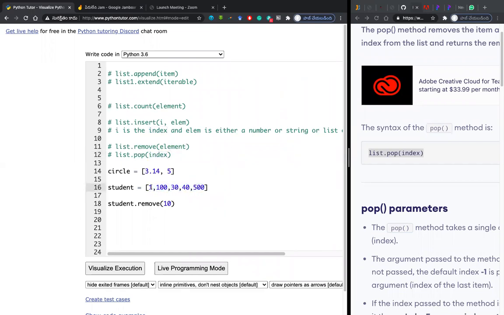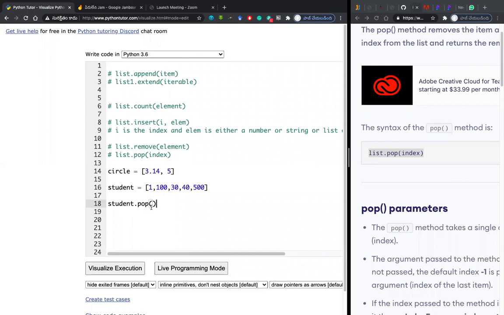So as I said, the 1 is having an index or a roll number 0, 100 is having an index or roll number 1, like that it will be. Okay. So let us see how the POP works. POP works in 3 ways. You can just use POP like this. Not 3 ways, you can go for 2 ways.